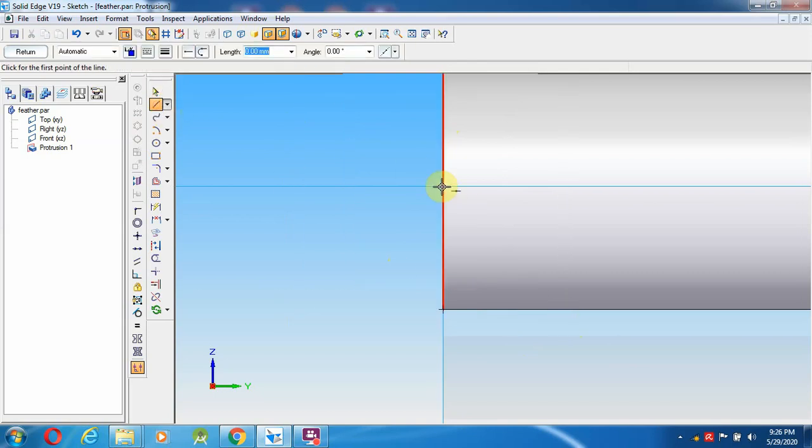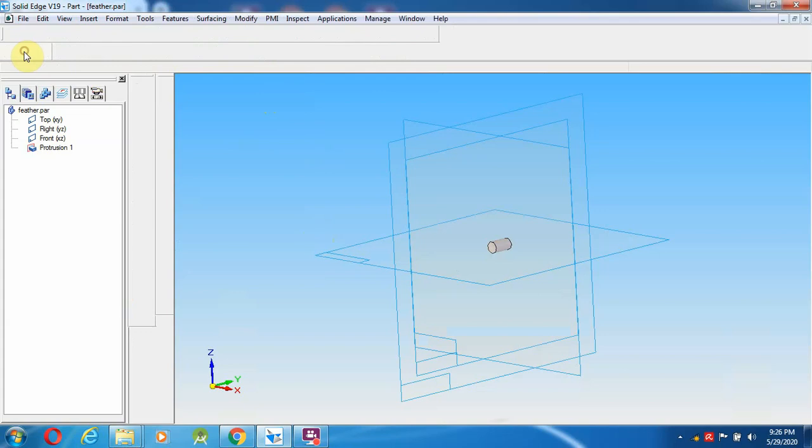Select a line from here, 2.25 mm, 2.25 mm, and height 3 mm. Then again 4.5 mm. Now I give 3 mm, and this length is 2.25 mm. Now I give return.